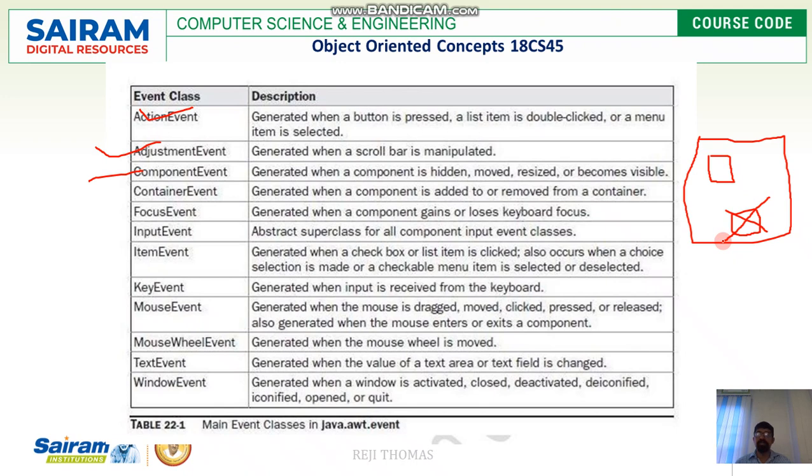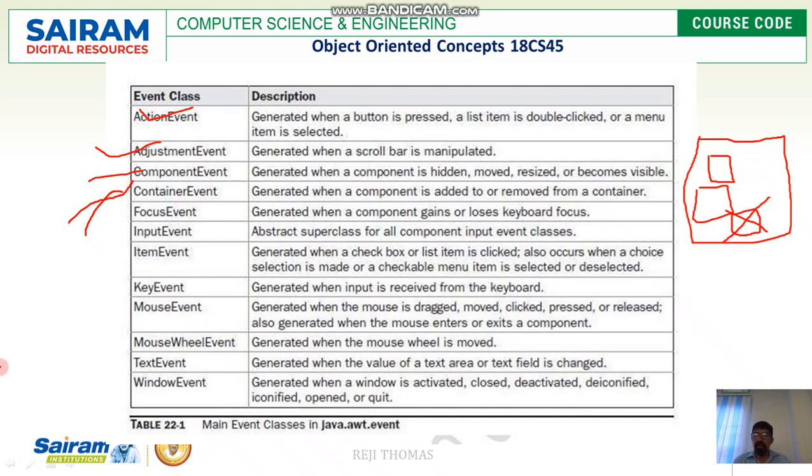In both ways, when we add or remove a component from the container, a container event will be generated.